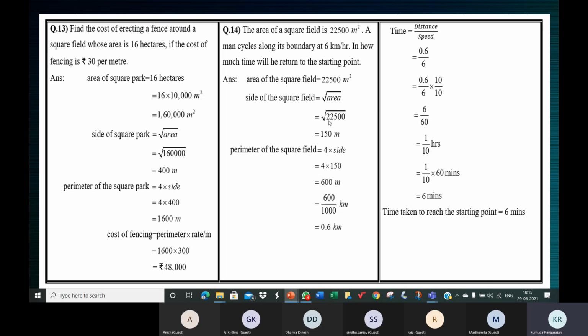Now, children, one more thing: in sums like this, you don't have to find the square root. What's the square root of 225? 15. And when you have 2 zeros, the square root will have 1 zero. When the square number has 2 zeros in the end, its square root will have 1 zero in the end. We don't have to find the square root using the prime factorization method or the long division method, because when the answer itself has so many steps, you don't have to find the square root.